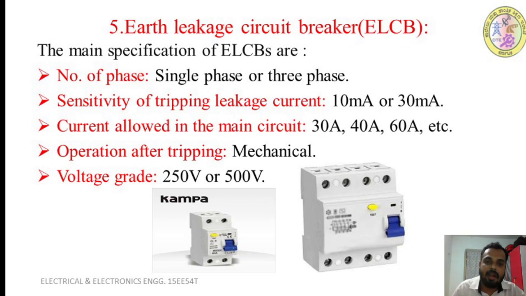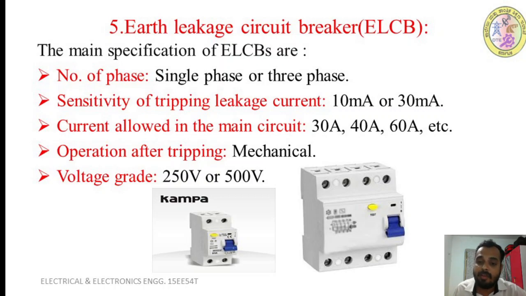So next component we are having is earth leakage circuit breaker. The main specification of ELCBs are number of phase, whether you are using it for single phase or three phase. Next, sensitivity of tripping leakage current, like 10 milliampere or 30 milliampere. So what do you mean by sensitivity of tripping leakage current? All the components are earthed. Before it is connected to the earth, it is going through the MCB. If there is any fault in the system, then the amount of current which is going to earth